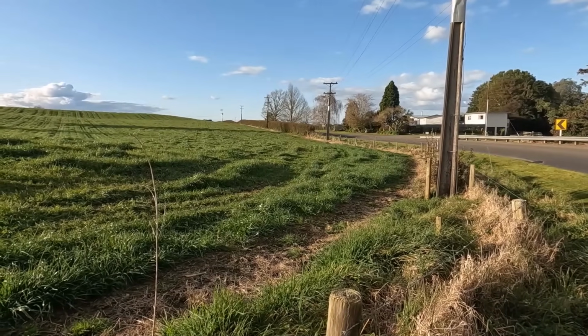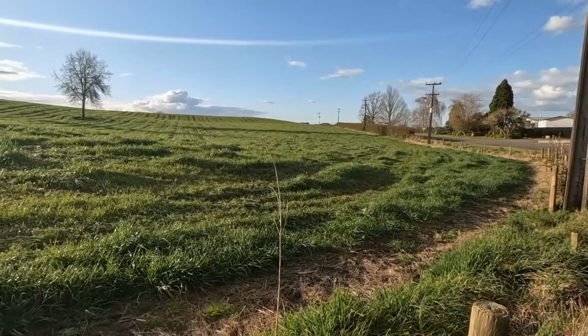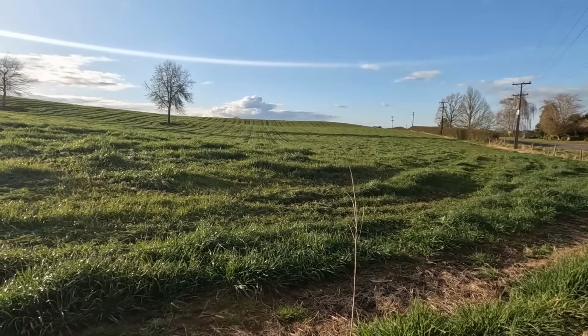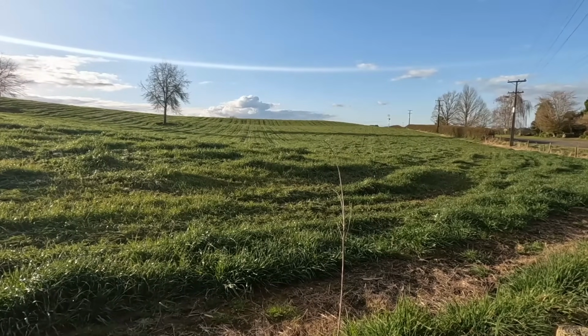Check this out though. This is the paddock opposite my house, and it is actually one of Darcy's. But he strip sprayed this last week, and you can sort of see brown lines through it now, so the rows are starting to appear. Might be a little bit hard to see on the camera, but they are there. That means planting season isn't far